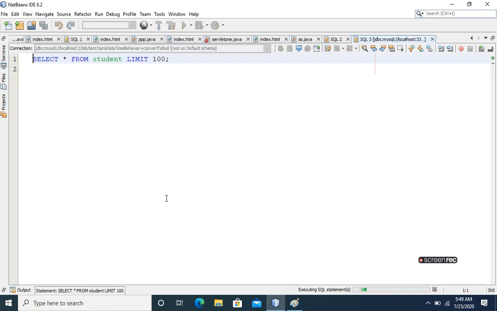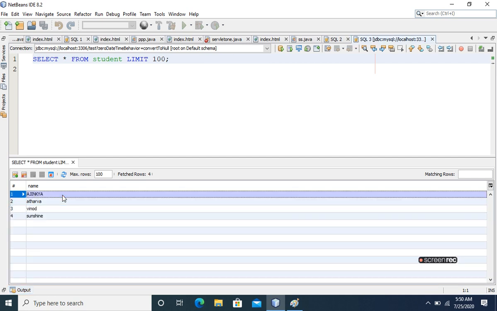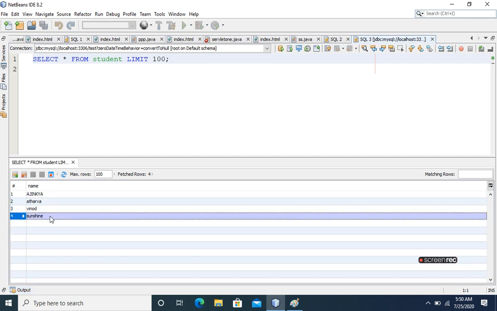You can see the view data option here. We can see the names which we have inserted, Ajinkya, Atharva. We can scroll down here, and the last one which we have inserted is